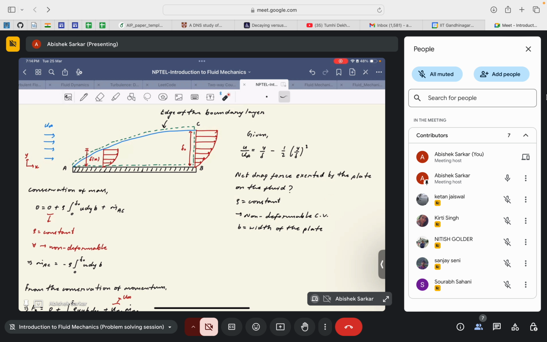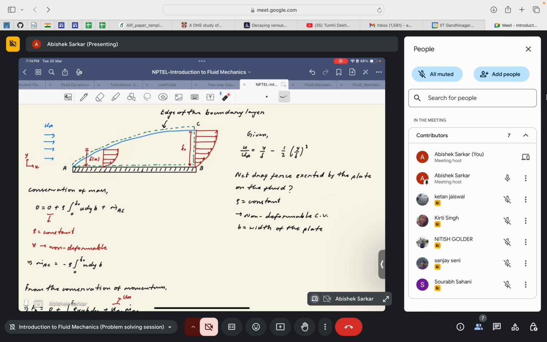So we write rho integrated from 0 to delta naught, where delta naught represents the boundary layer thickness at this particular edge. Again, the boundary layer thickness is a function of x, that is the distance from the leading edge. The leading edge is basically the point from where the boundary layer starts or the plate starts. If this is x, then the boundary layer is a function of x. As the distance from the leading edge increases, the thickness of the boundary layer will also increase